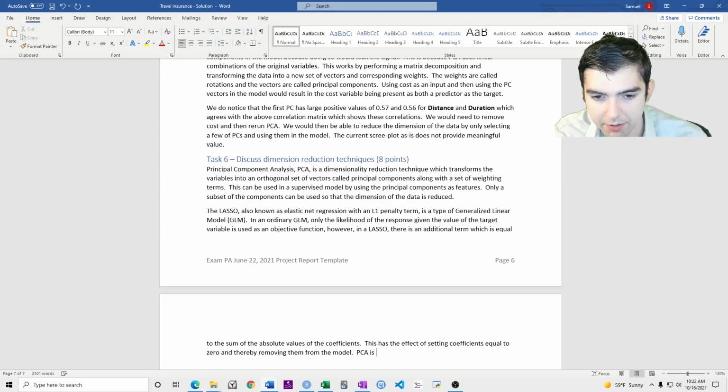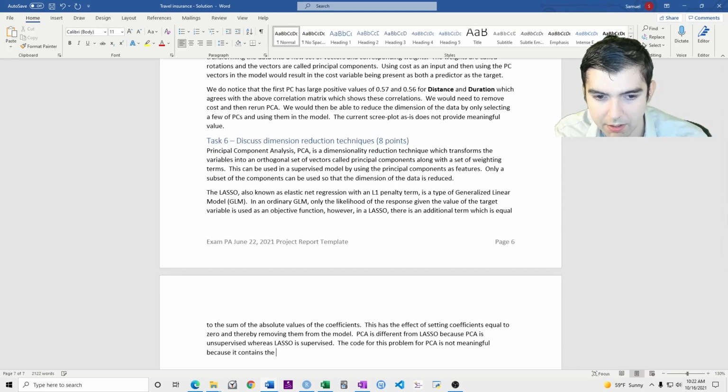PCA is different from lasso because PCA is unsupervised, whereas lasso is supervised. The code for this problem or PCA is not meaningful because it contains the target variable, and unsupervised learning does not contain a target.